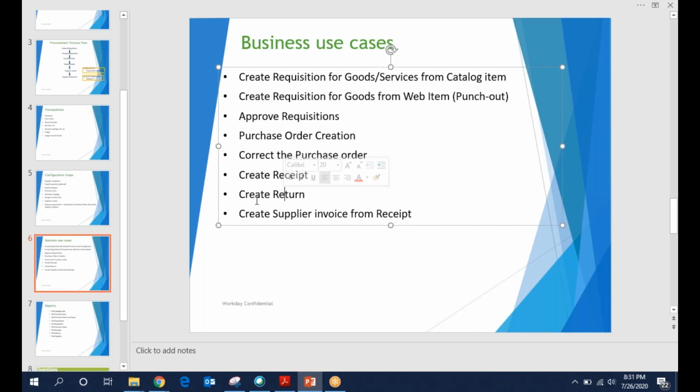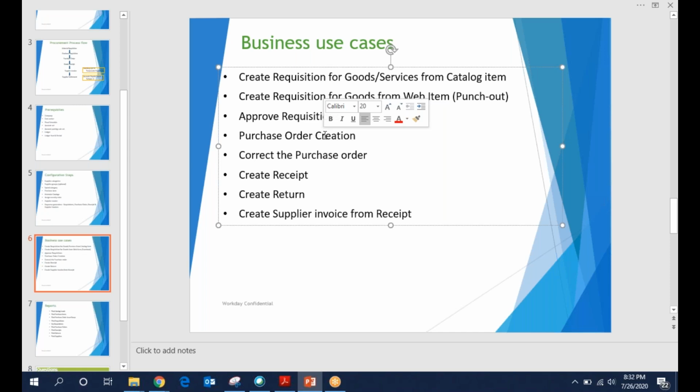Rakesh, can you give one example for a non-catalog purchase requisition? Non-catalog requisitions are nothing but requisitions without a catalog. There will not be a supplier website connected to it. Let's say we have spent outside cash expense, we have spent outside to purchase some material where there is no specified supplier.